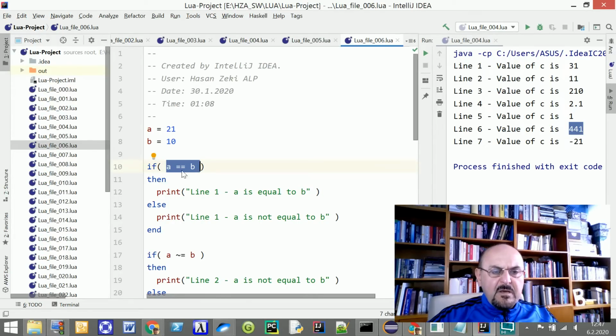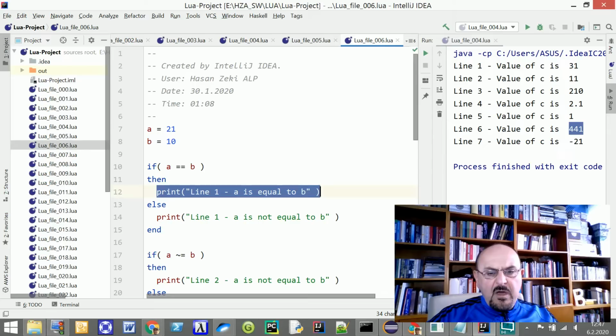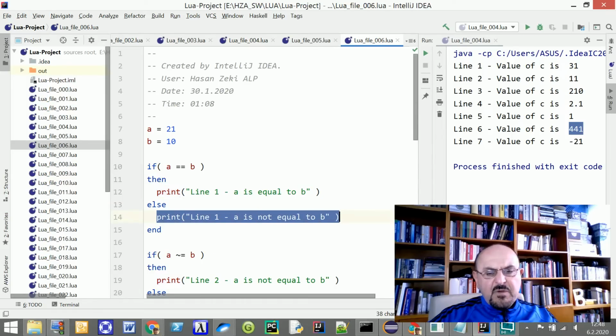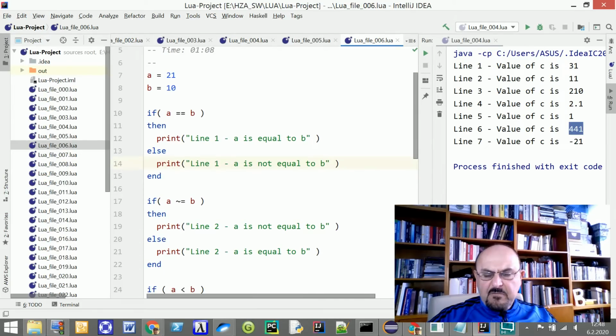If this is true, then this part will be performed, and if this is not true, that's to say the result of this expression will give a negative or zero value, this will be performed. In fact, since a does not equal b, this line will be performed. That's to say, the line 'a is not equal to b' will be printed out.